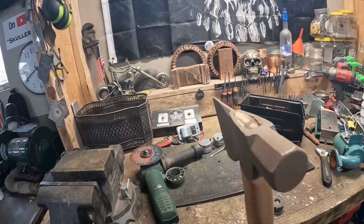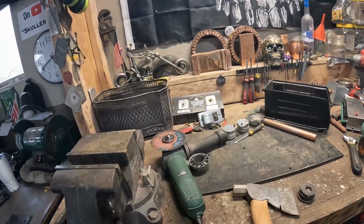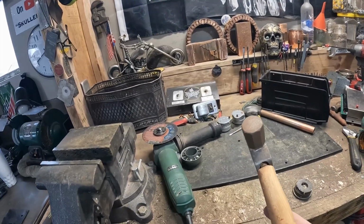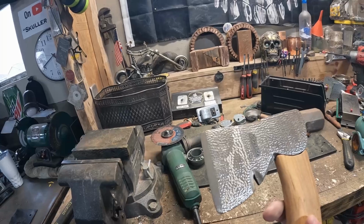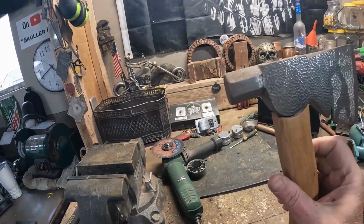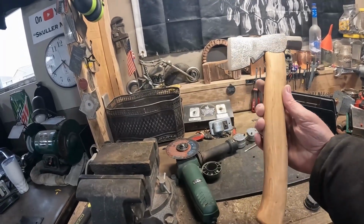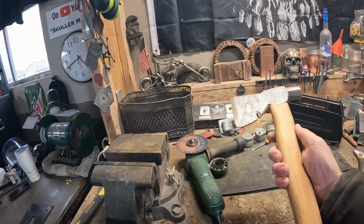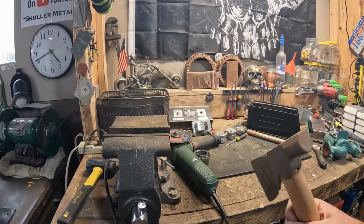Yeah, I really wish somebody else could make me a handle for this, but the design, the shape of this was so odd that there was no way I was going to be able to do that by hand and get super accurate with it. Man, if somebody else knows what they're doing, they make handles, they want to hook me up. I mean, I'd send this head to you so you could do it, but I pretty much want it like this. I spent a lot of time on this, a lot of time. Kind of a bummer, but anyway,